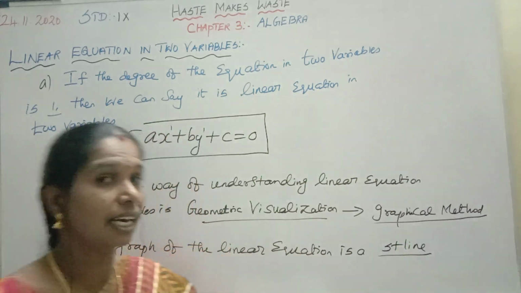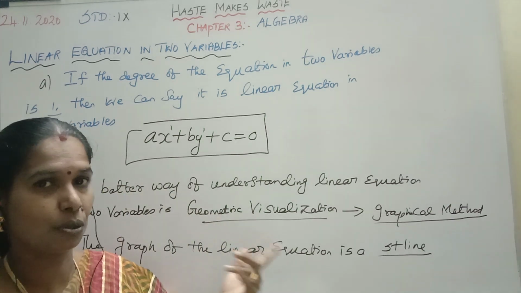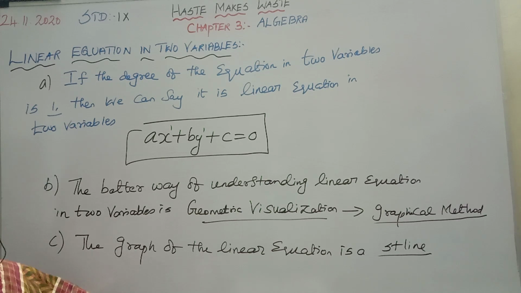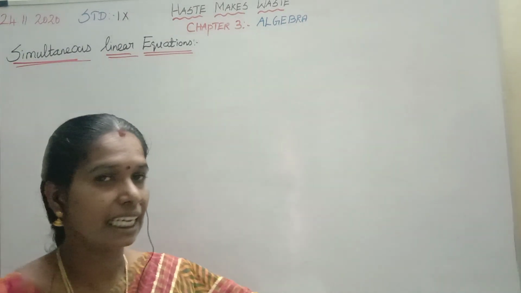Next our topic is, already you have done this and you have done the problem in exercise 3.1 first Roman, we have finished, and we have started simultaneous linear equation also, and I have given the examples also. Now we are going to our topic, this week topic. Okay, simultaneous linear equation.